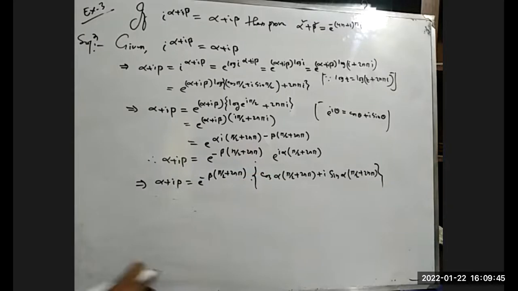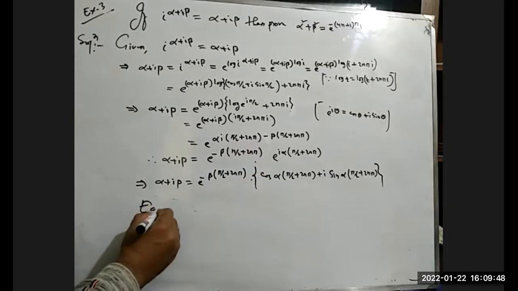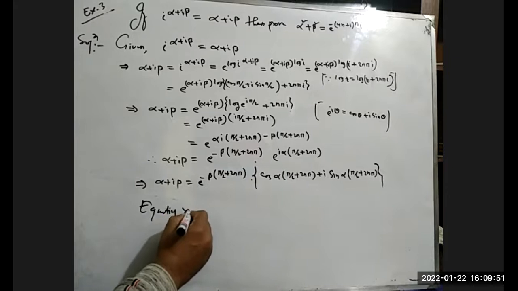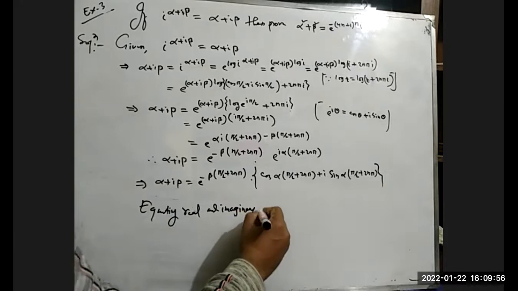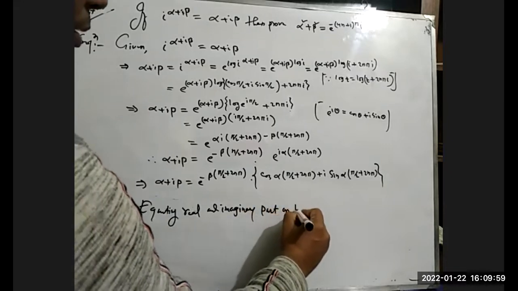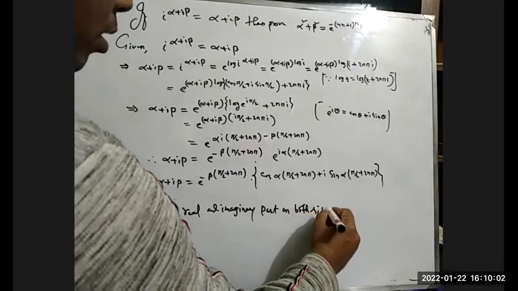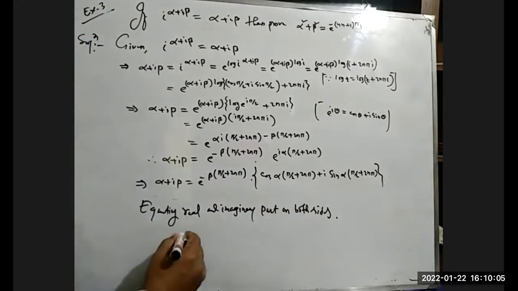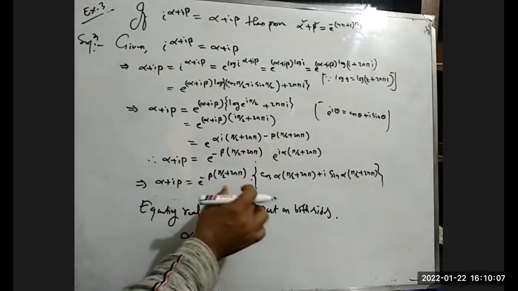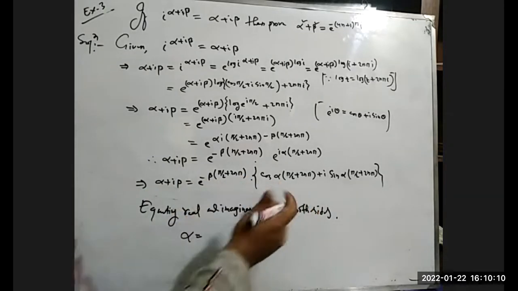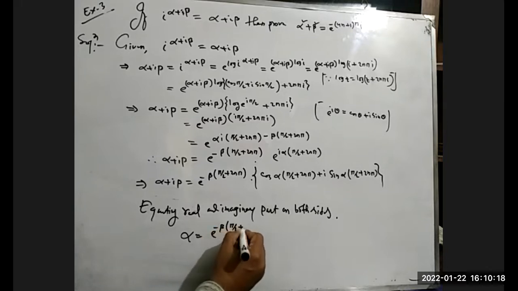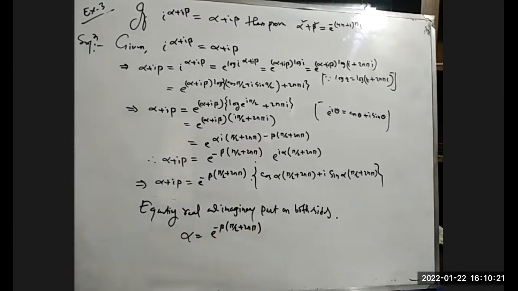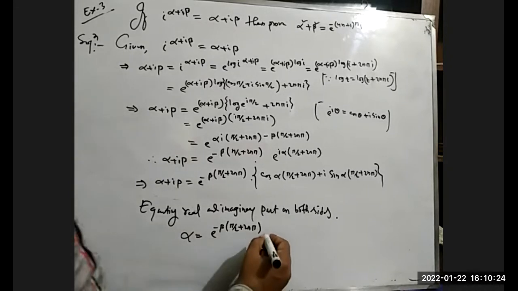Now equating real and imaginary parts on both sides. So alpha equals what? This is the real part. This one, so this into this will be the real part. e to the power minus beta into pi by 2 plus twice n pi, into cos